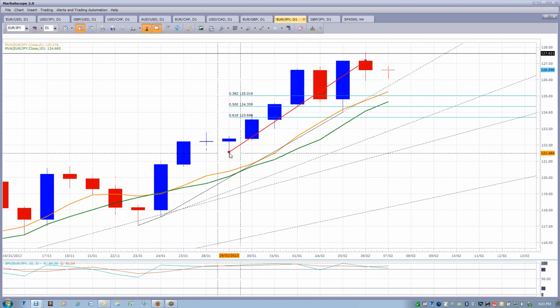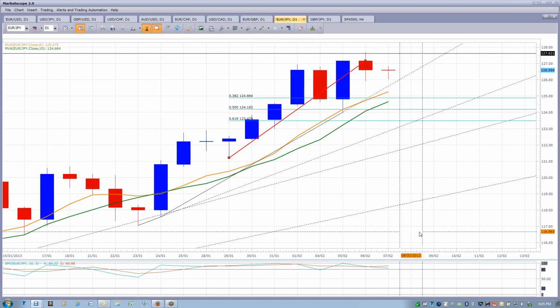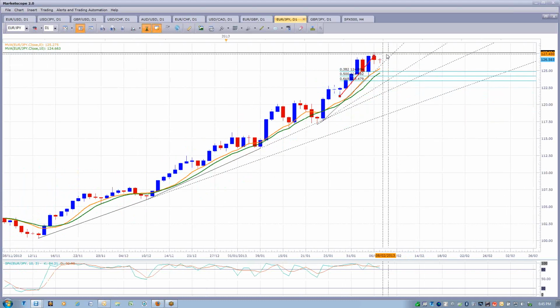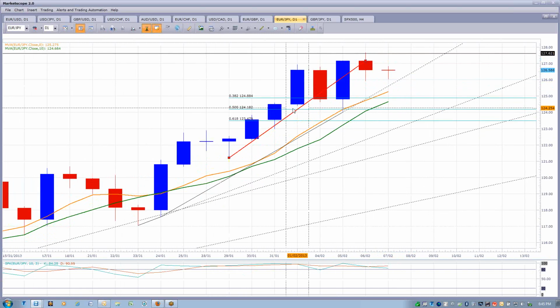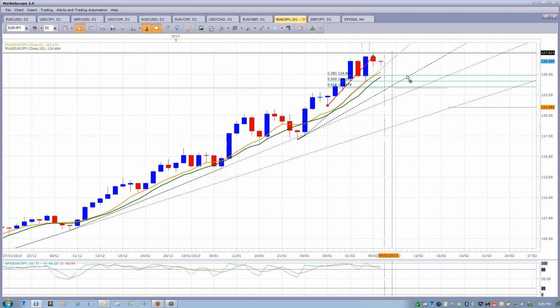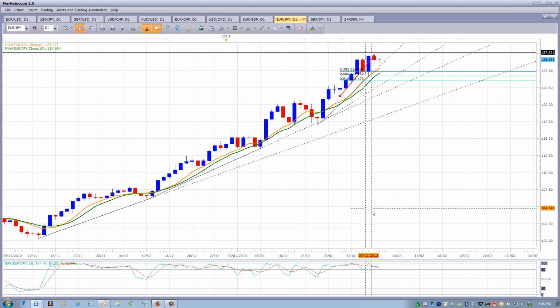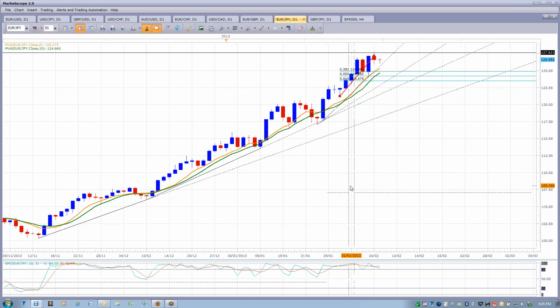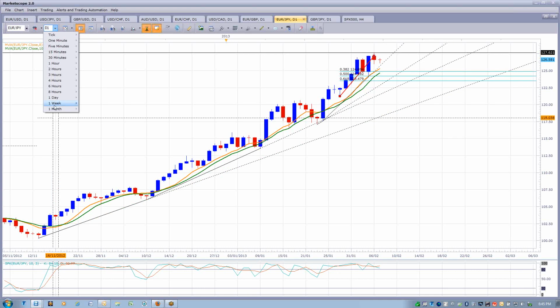So 126 and all the way down to 124, so that's about 160 odd pips to the downside for the first level of retracement, which is just underneath the 8 and the 10. If it does break that, and possibly this next trend line, which is also the futures standard 124.18, as the next form of retracement. It has been overbought for some time as it is now, but it hasn't really retraced with any gusto just yet. On the 4-hour chart,